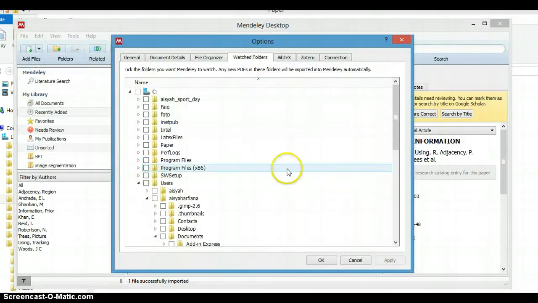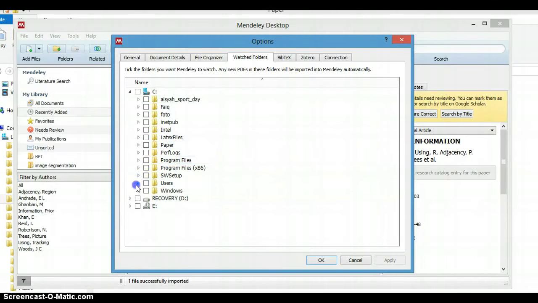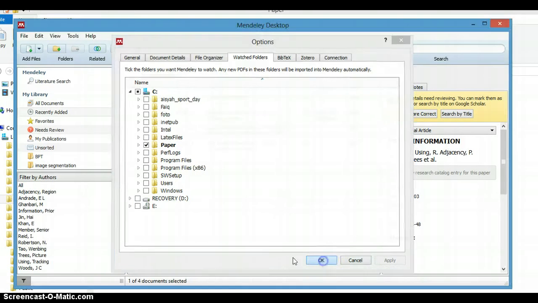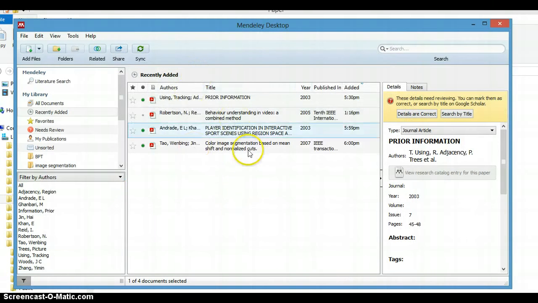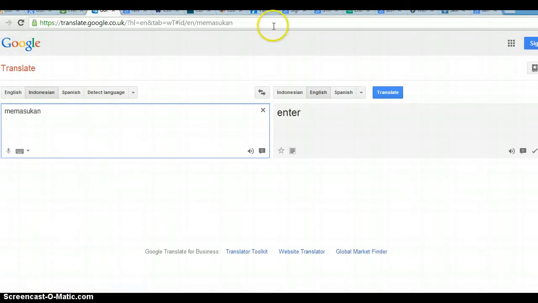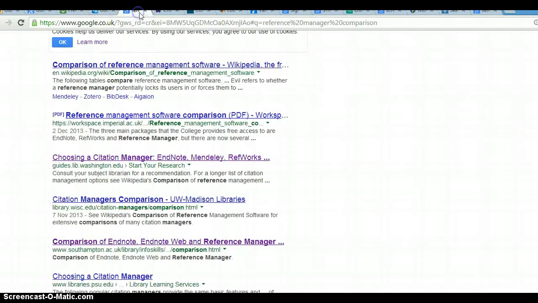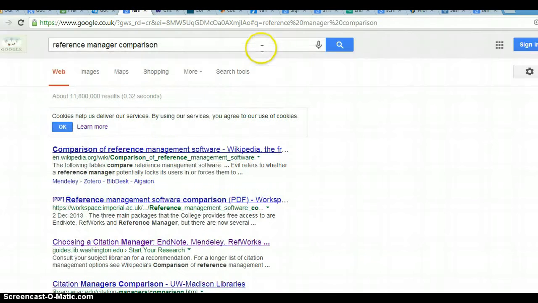Click watch folder and then our folder is here, and click apply and OK. Now all of the files inside the folder paper are automatically imported. And when you have a new file, let's say you download it from the internet,